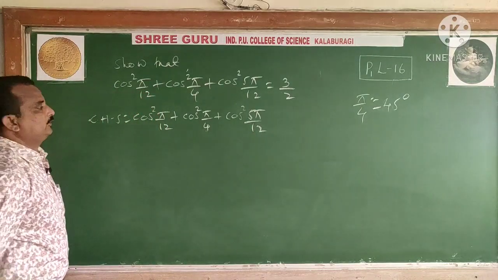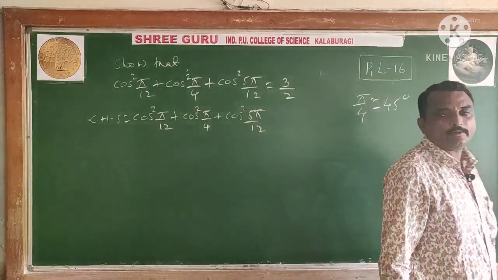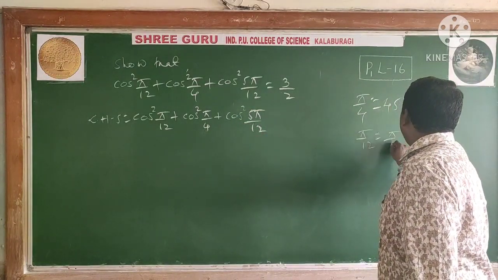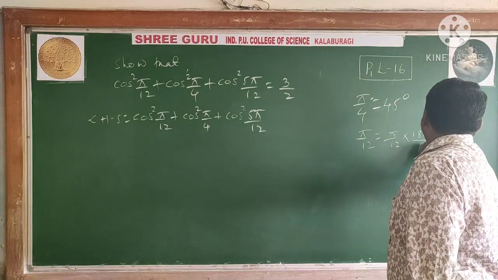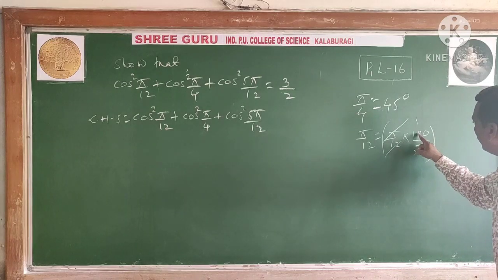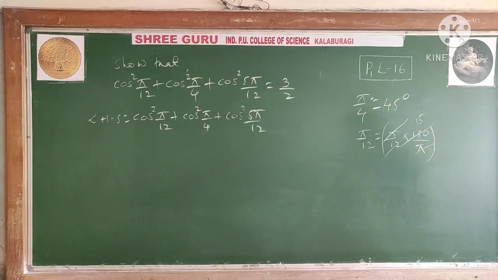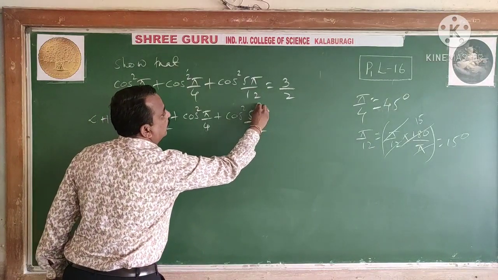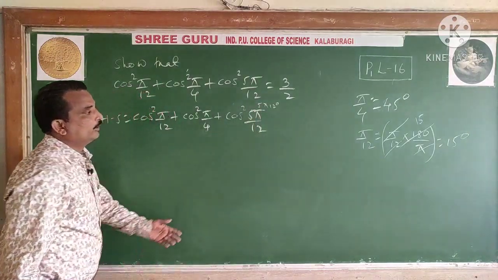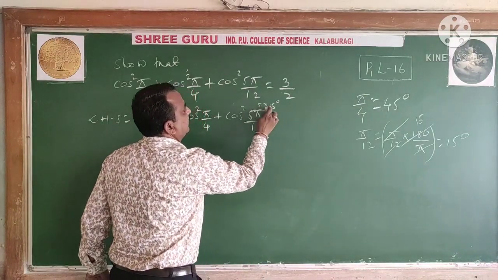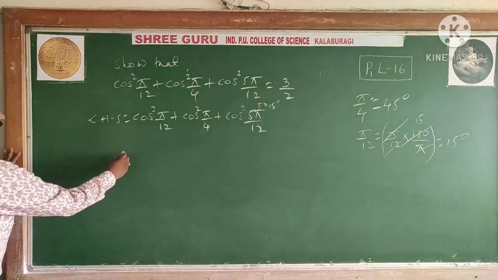This is the LHS here. There is no question on this one. This is a standard angle, directly substituting. So pi by 12: in the previous class also we calculated pi by 12. Convert in terms of degree. Pi by 12 is 15 degree. 5 pi by 12 is 5 into 15 degree. Is it clear? This is 15 degree, this is 15 degree, and 5 into 15 degree. Like that we convert it.